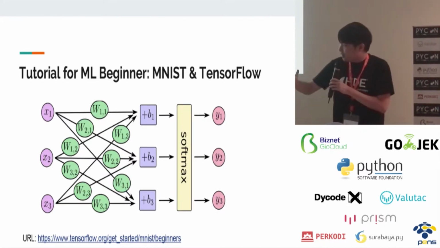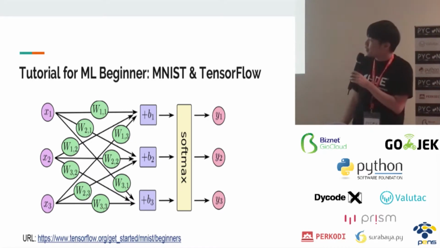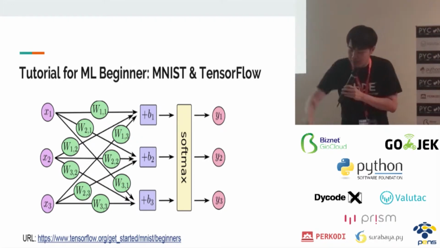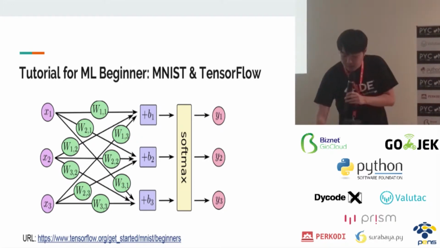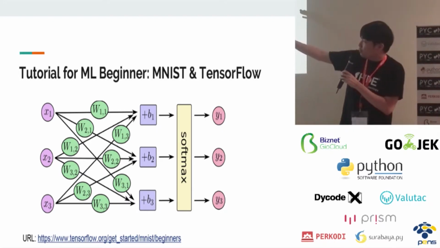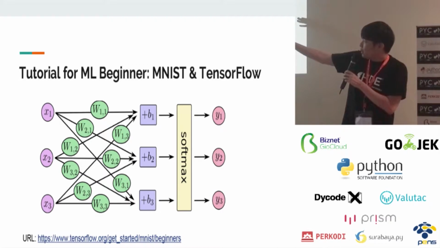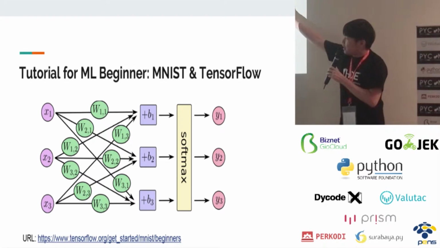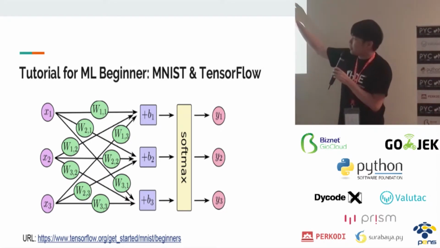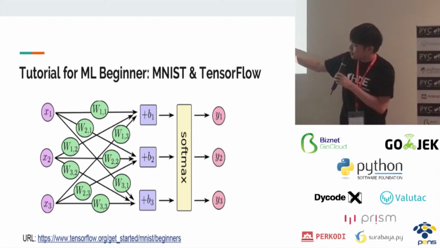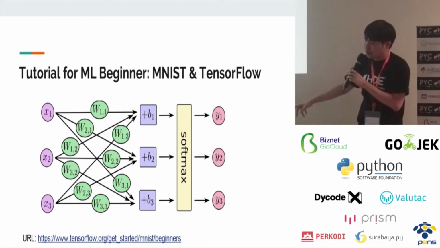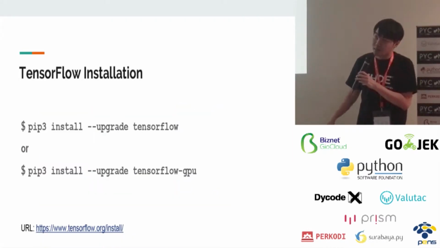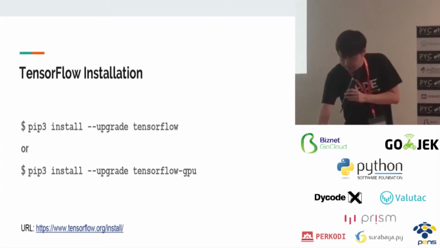When you represent this problem, you get the following neural network graph. You have x1, x2 as the input, which is the number shown here. Then you want to train your network to get the values of the weight and the bias, and you apply the softmax layer to get the output. This is the confidence level of whether this character is number 0, number 1, number 2, until number 9. So we have 10 outputs here. And for the input, it's the image size, so it's 28 times 28 pixels, around 700.